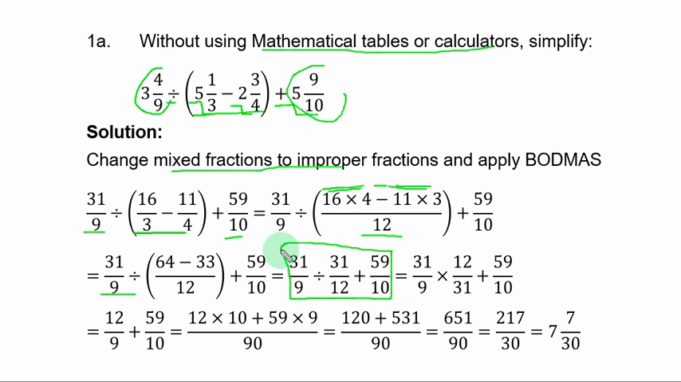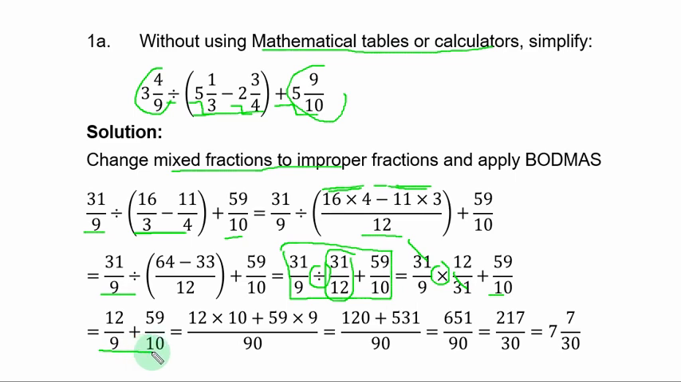59/10. The next operation is division, and when you are dividing fractions, the division sign changes to multiplication, and the fraction at the right of the sign is inverted. So you have 31/9 times 12/31. That fraction has been inverted, plus 59/10. Clearly, we cancel 31, and we are left with 12/9 plus